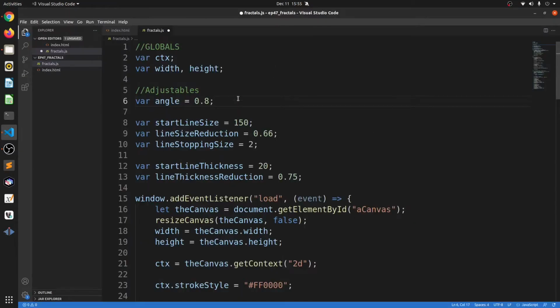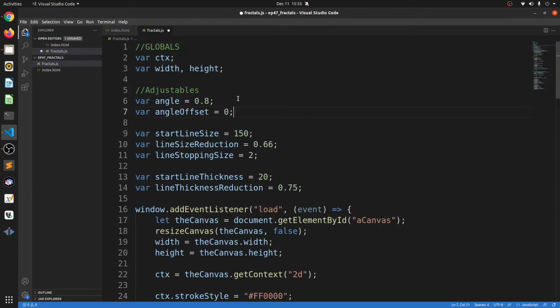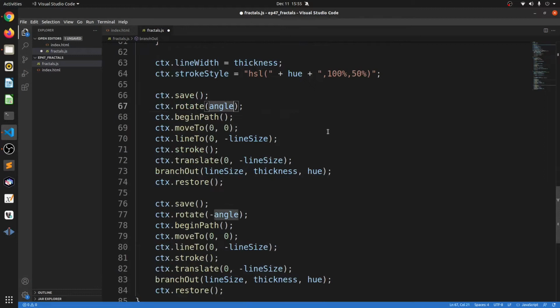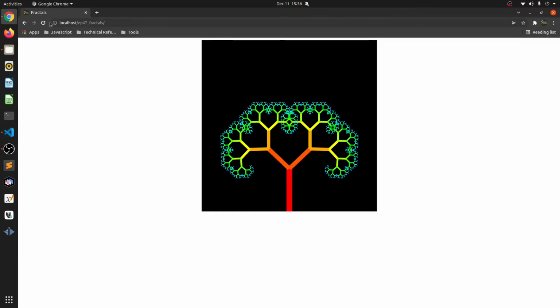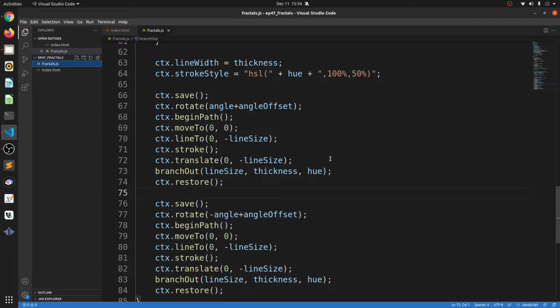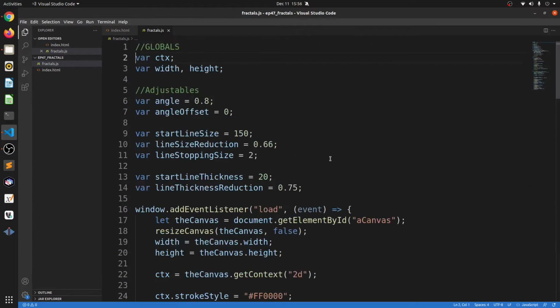What I'm doing here is adding an angle offset variable, and that offset variable will be added to the context's rotate function. So if you look at the result now, nothing would have changed. It doesn't look any different. However, if I go back to the code and change the angle offset by, let's say, 0.1,